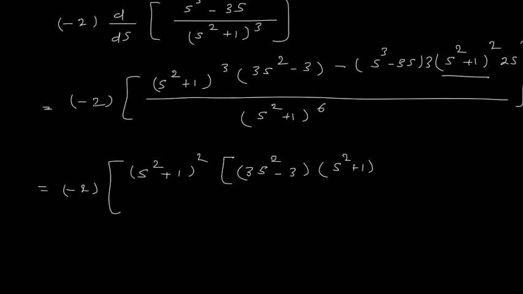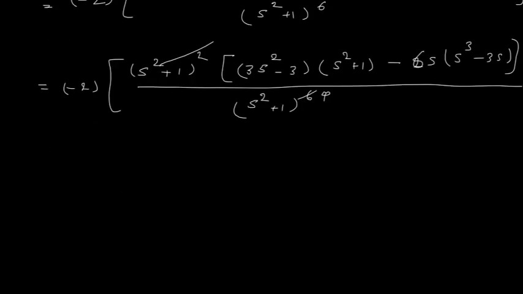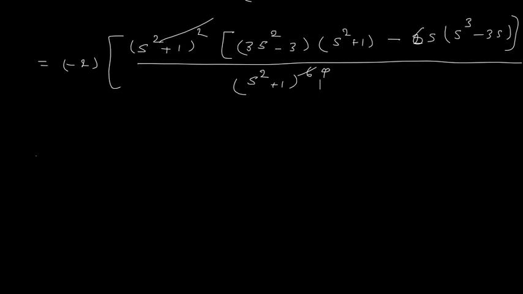Then I have minus 2s into 3, so that is minus 6s into s cube minus 3s, and whole divided by s square plus 1 the whole power 6. Now this power 2 and this power 6 will cancel. I have power 4. So I will write this is equals to minus 2